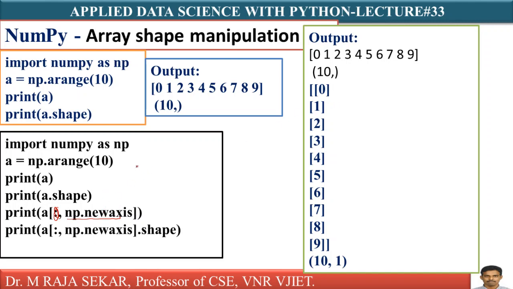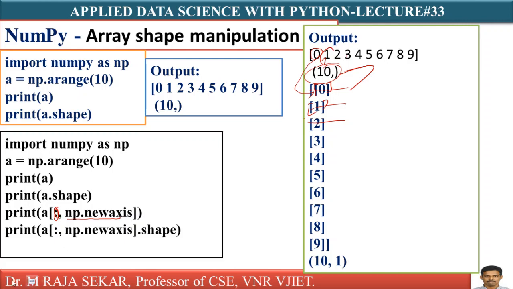How can I add one more dimension? By taking elements of the original array. What are the elements of the original array? Earlier 0 is a single element. After converting this, I am getting square brackets for 0, for 1, for 2. I am getting all the elements as rows: first row, second row, third row. There are 10 rows, 1 column. Earlier the shape was (10,), a single dimensional array. Now it is 10 rows, 1 column, so you have added one more dimension to the matrix. Carefully observe that we added np.newaxis after the slice operator, comma.